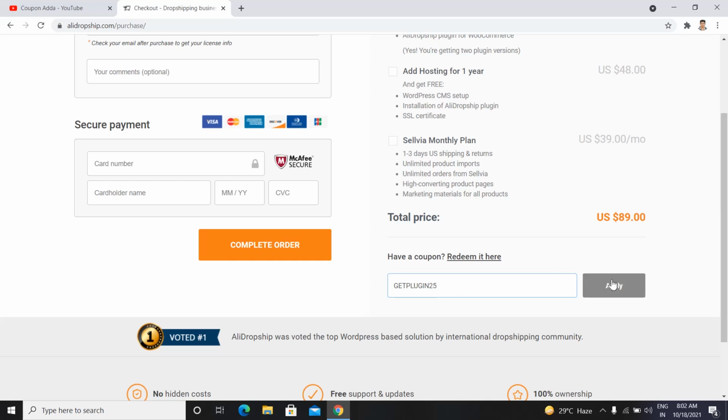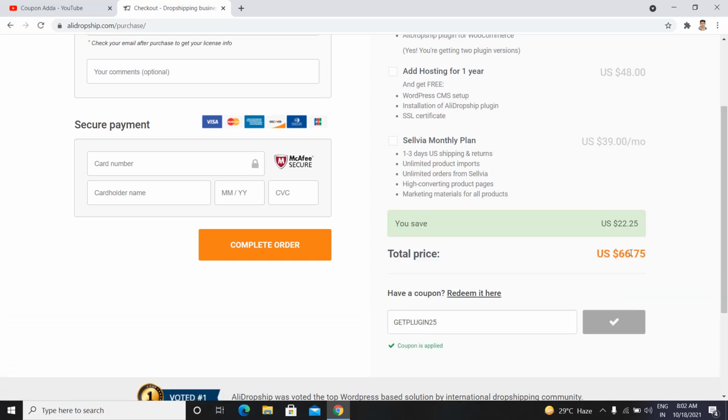After typing this coupon code, let's click on this one. As you can see, your initial price is $89. Let's see how much this price has been reduced. As you can see here, our current price is $66. You have saved $22, which is quite great. This is a high-discount coupon code available in the market, so you don't need to worry. You can simply apply it and complete your order. There is no other coupon code available which will provide you a greater discount than this.